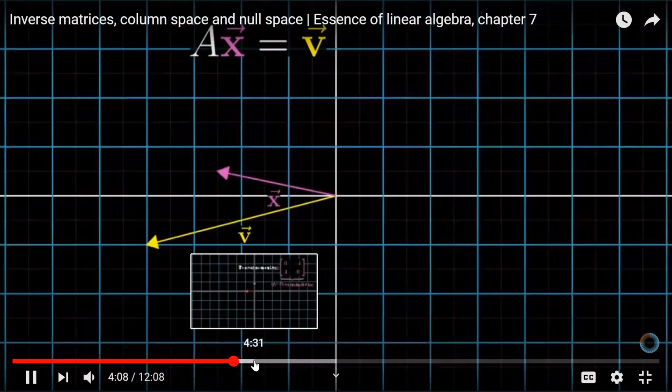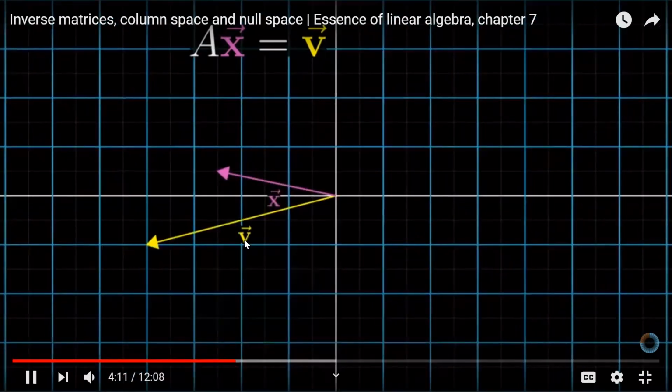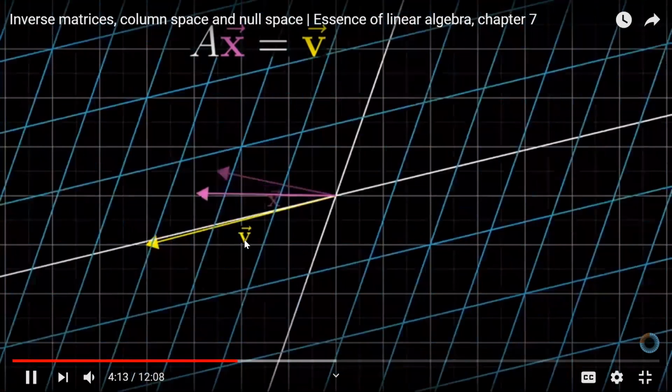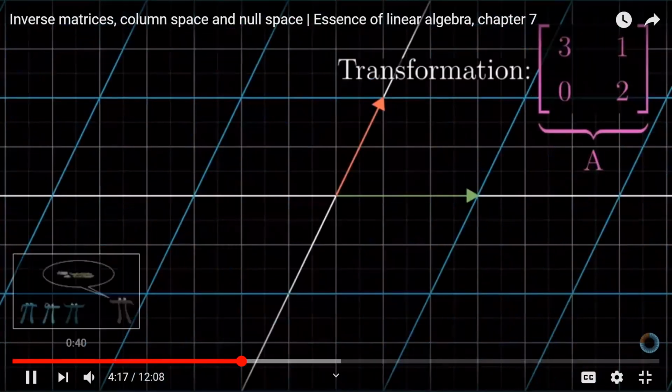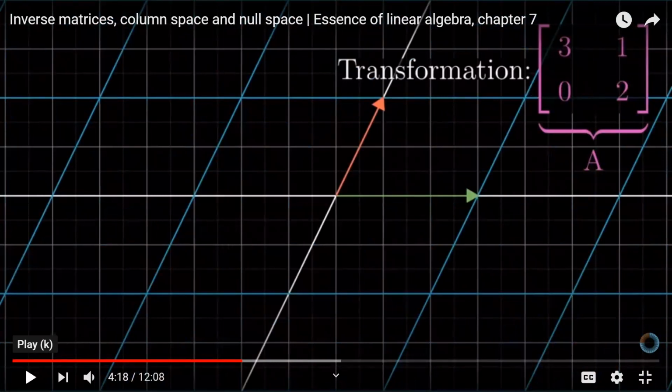Now you see the x goes to v, and the v becomes x. You see this? So in other words, we can relate and associate our 2 by 2 matrix with a linear transformation. Similarly, we can also associate A inverse with another linear transformation. But keep in mind, this linear transformation that is associated with A inverse will try to bring the vector back to its original position.